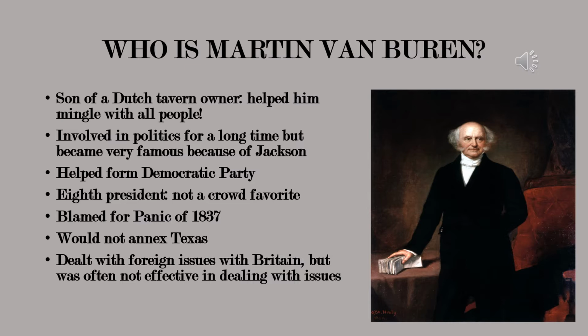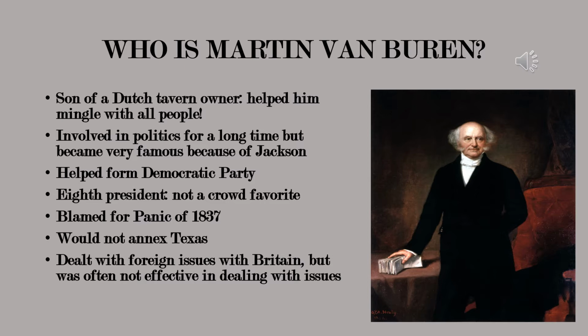So it wasn't really until Andrew Jackson's presidency that he's going to gain all this fame in the Democratic Party and then run in the election of 1836 against 3 Whig candidates. So after he runs in the election of 1836, he wins with the most electoral votes and he becomes the 8th president of the United States. And although he was really famous as Andrew Jackson's vice president, he's really not famous as the 8th president of